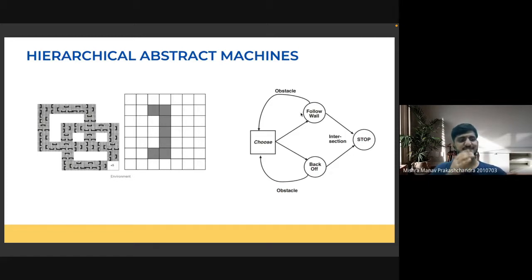Here the state space of the problem is h cross s, right? h is the state of the underlying MDP, and s is the state space of the parent MDP. The actions are executed as usual. Once action states are encountered, the primitive actions are executed, adhering to the policies defined on the states, right?